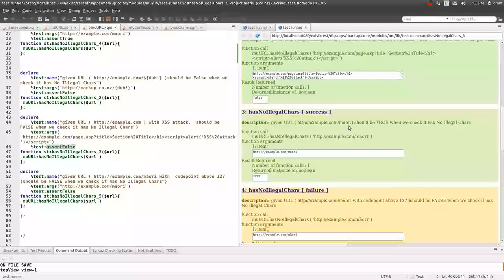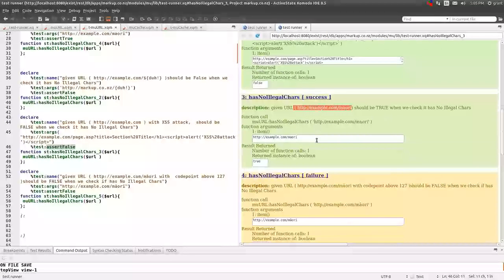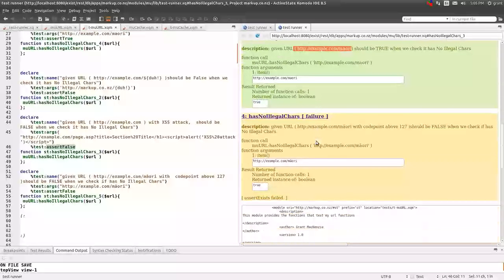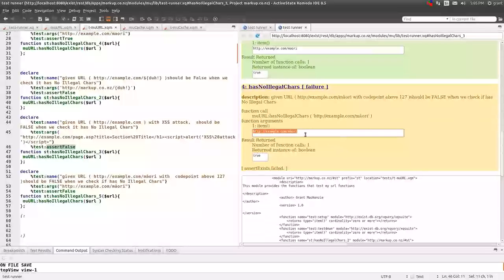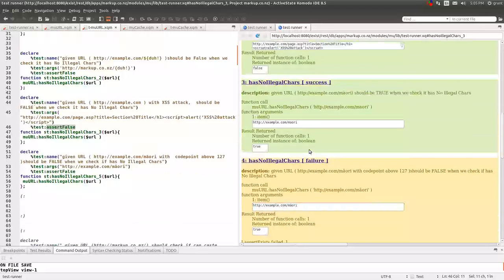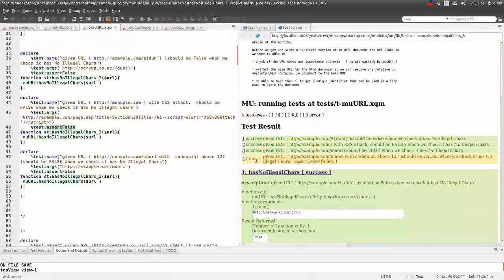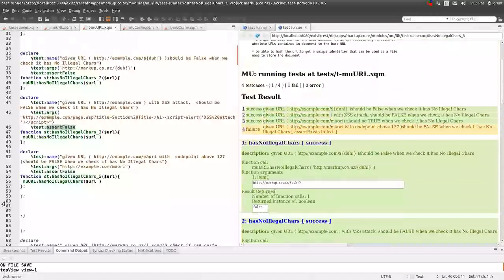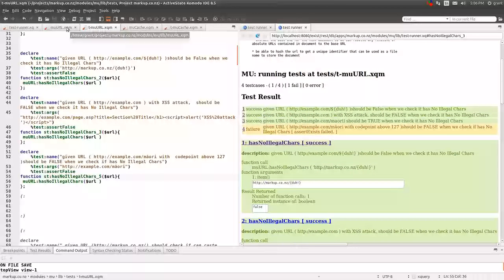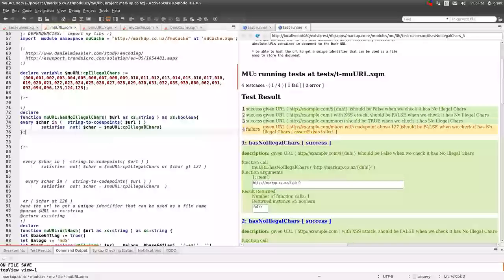This one here, obviously we looked at that before, and this one here. Now this one here, it's got a Mary macron here, and it's true, but we want it to be false. So that's the failure. So let's go back to our URL and just